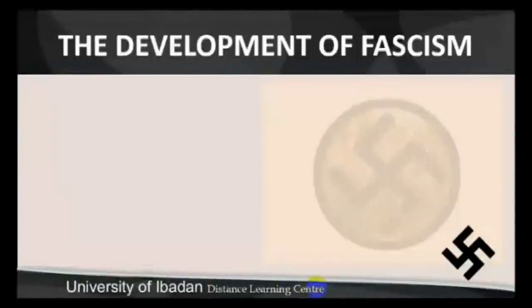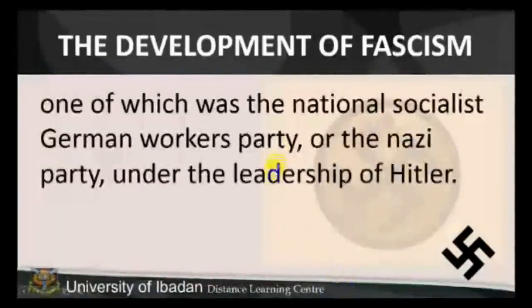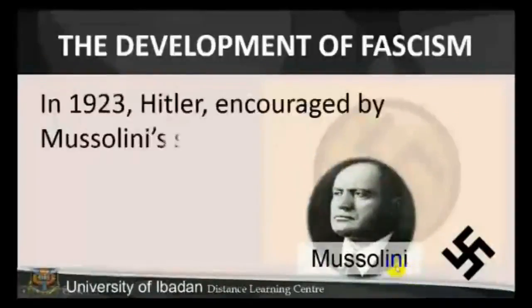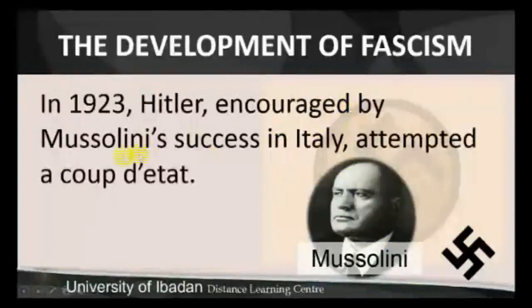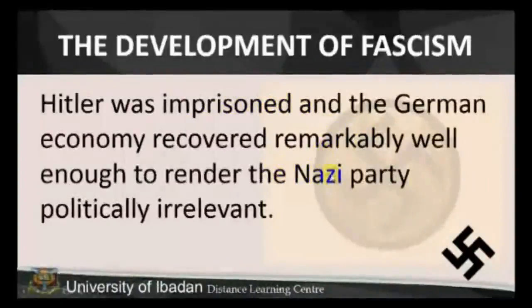As in Italy, Germany's external and domestic problems led to the formation of radical or extremist groups, one of which was the National Socialist German Workers' Party, or the Nazi Party, under the leadership of Hitler. In 1923, Hitler, encouraged by Mussolini's success in Italy, attempted a coup d'etat. The coup failed, Hitler was imprisoned, and the German economy recovered remarkably well enough to render the Nazi Party politically